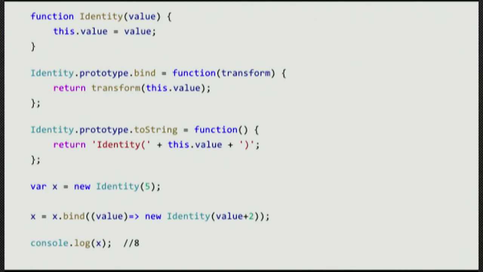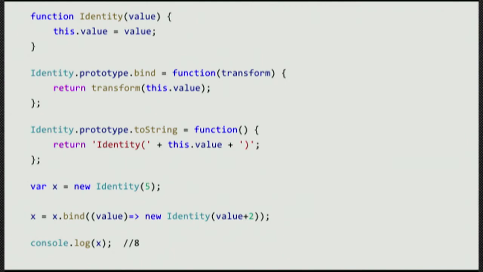So the monad has a thing called value. And it's using the this keyword, don't freak out. But this dot value basically means inside my thing, when I do a new identity of 5, my value is now 5, right? Now I need to change that value to something else. So what a monad has is this thing called bind.